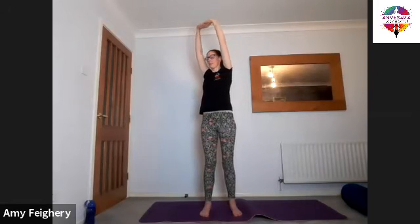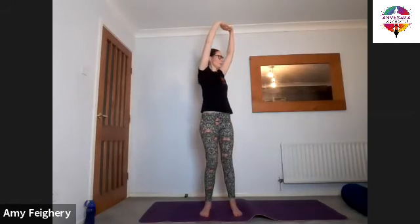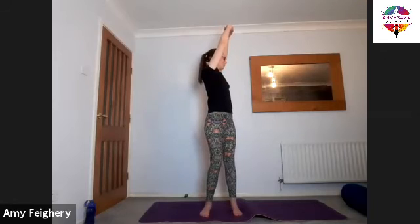Breathing in, taking the arms up, clasping the fingers, one hand along, up over the head. Breathing out, twisting to the right this time. Breathing in to the front, breathing out over to the other side. Breathing in into the front, unclasping the hands, taking them down as you breathe out. And as you breathe in, taking the arms up into prayer above the head. As you breathe out, down through the midline,